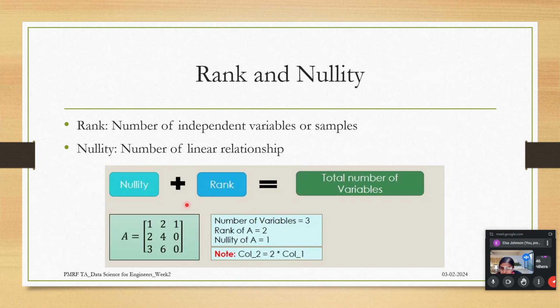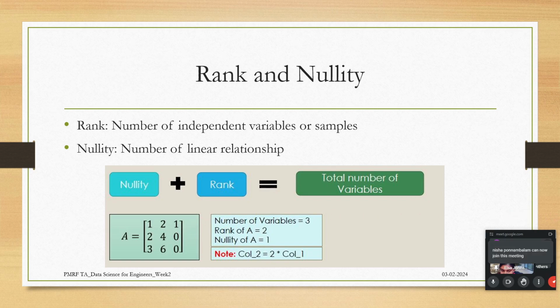Rank and nullity. So rank is number of independent variables or samples, and nullity will be the number of linear relationships. Okay, so nullity plus rank will give the total number of variables in a matrix. So for example, for this particular matrix A, the number of variables will be 3, then rank of A will be like 2 here, because